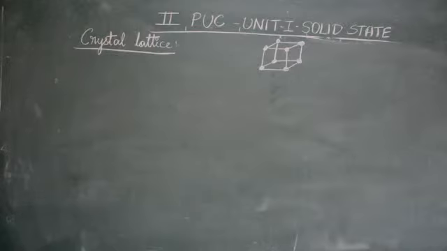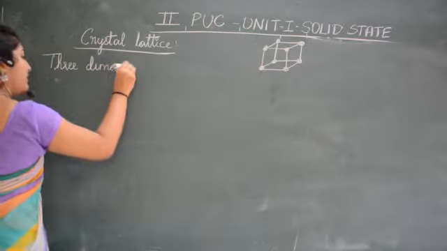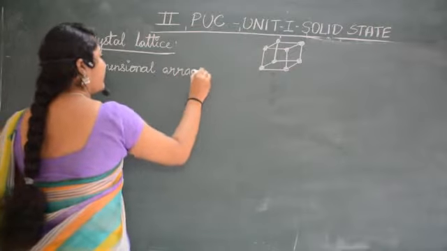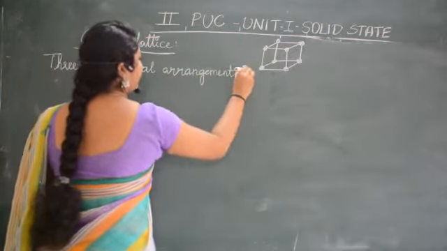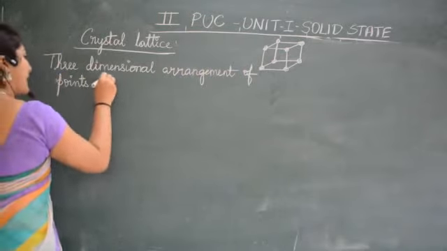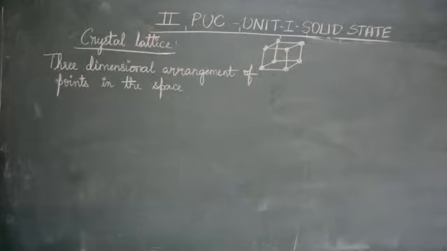So make a note of it: 3-dimensional, 3D arrangement of points in the space is called a crystal lattice, or this particular arrangement is called a crystal lattice. That means now in this